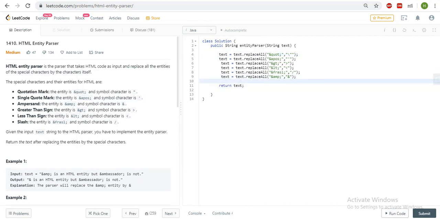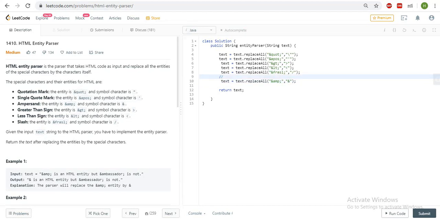You have to replace the ampersand special character at the last, because if you change it before, this ampersand can get connected with other characters and become a special character, right?